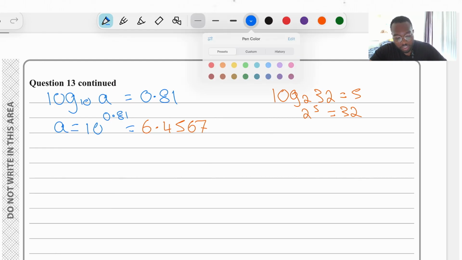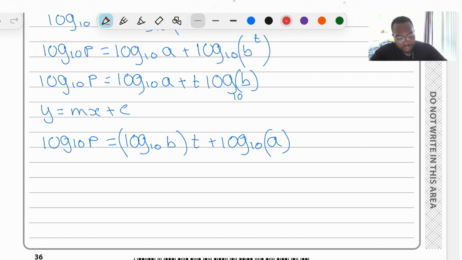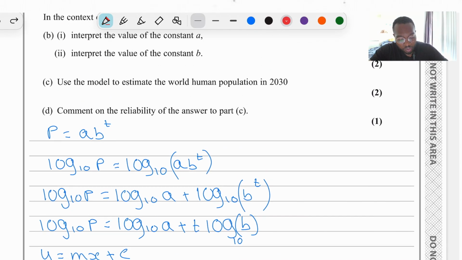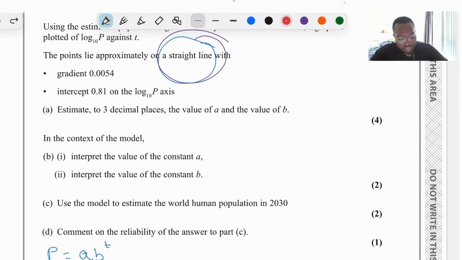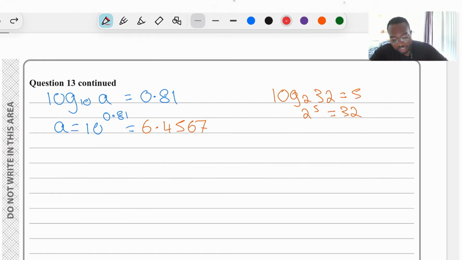Okay. So now if we go back to this, we know that if we're doing it in the form of mx plus c or mt plus c, this value here is our m value, that's our gradient. Well, if we look at the question, it tells us that our gradient is 0.0054. So we know that all of that, log base 10 of b, must equal